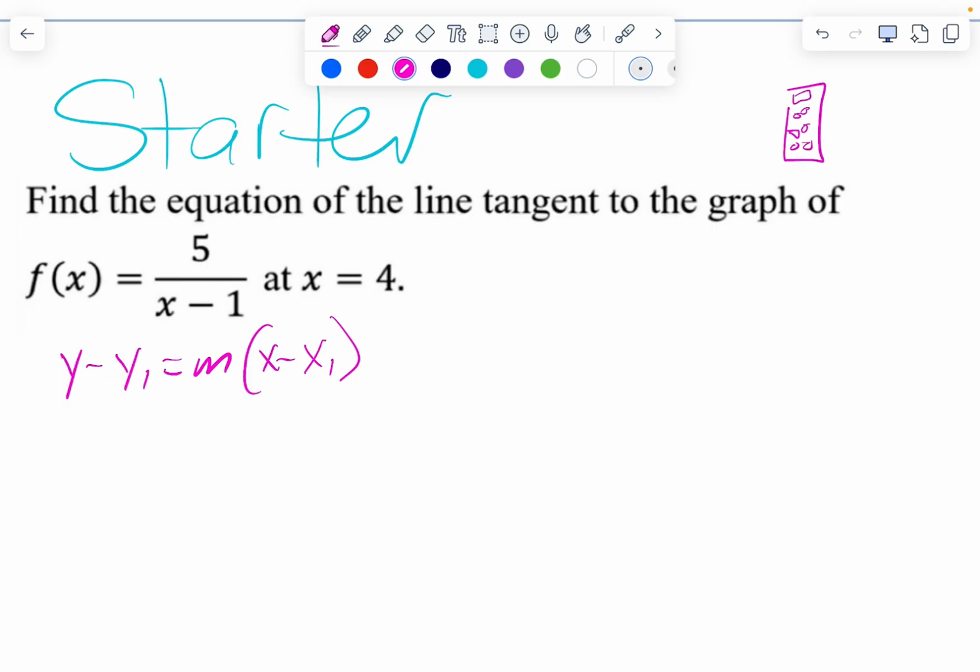Okay. I'll show you that in a second, but let's do y1 first. What is y1? So f of 4 is 5/3. And then x1 you